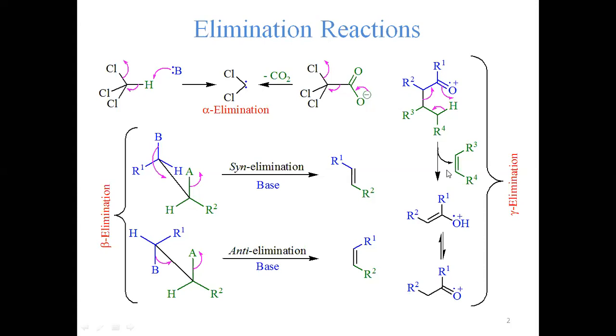Gamma elimination doesn't take place in the laboratory. It takes place in the mass spectrometer. So these two are not our focus at the moment. Most of what happens in organic chemistry is beta elimination, generating olefins, because we need olefins. You have already seen a few reactions, active methylenes, in which we have generated carbon-carbon double bonds, alpha beta unsaturated systems. This beta elimination is the most widely studied in elimination reactions.